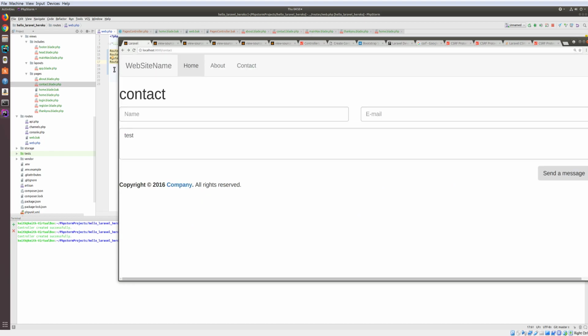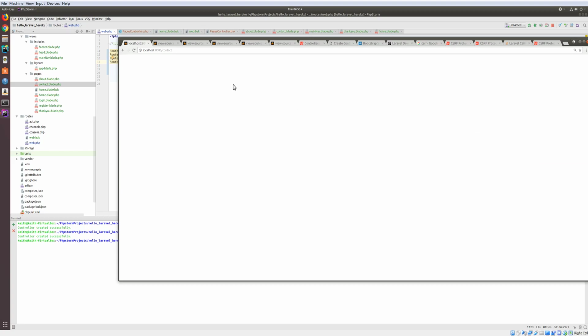All right, so now what we want to do is, I want to get the data out of this form. So how do we do that? So let's just put some information in here. Let's do Keith at web.com. And we're going to send this message. And right now it's not on this page. We can keep refreshing this and keep reusing that form, actually. So